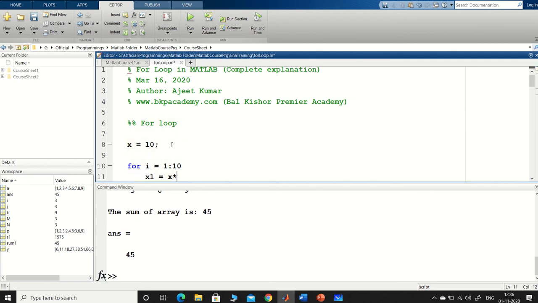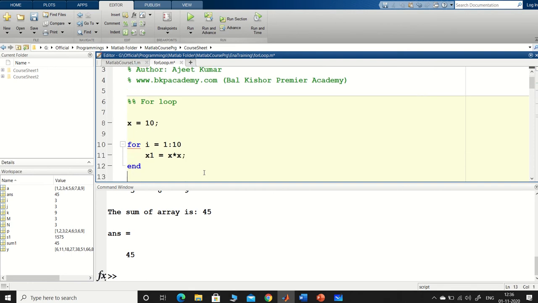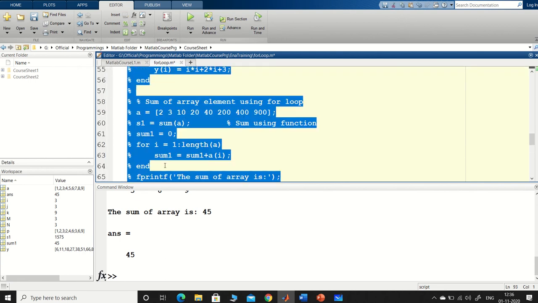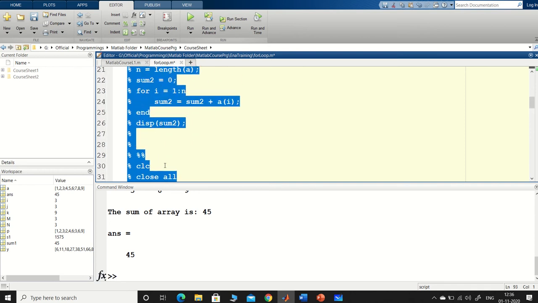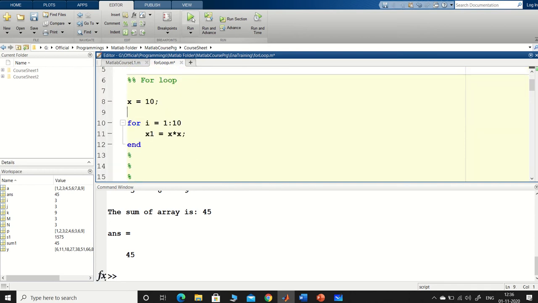So what I will do is x into x. Okay, so x1 will be stored, and then end. So that's it. This is the full for loop. Okay, so let's run and see what happens.